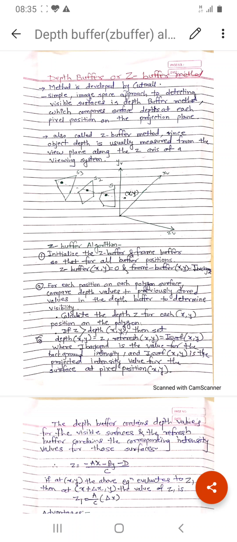If z is greater than the depth of x, y, then set depth(x, y) equal to z and refresh(x, y) equal to I surface(x, y), and then stop. Here, note that I background is the value for the background intensity and I surface(x, y) is the projected intensity value for the surface at pixel position x, y.